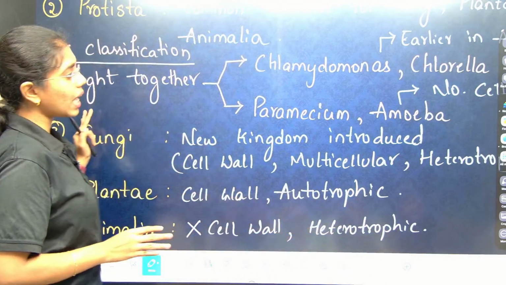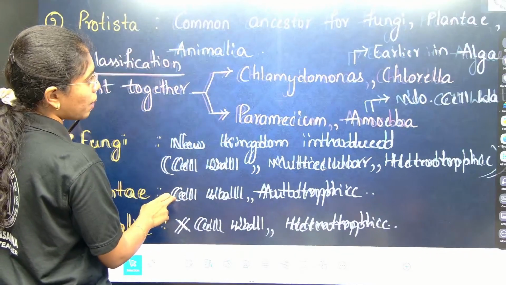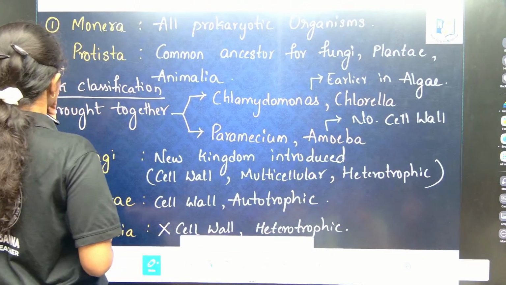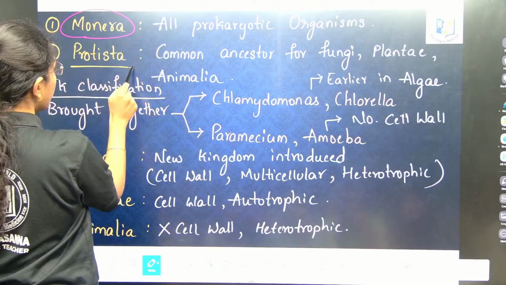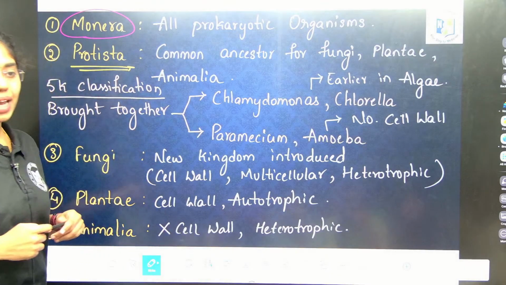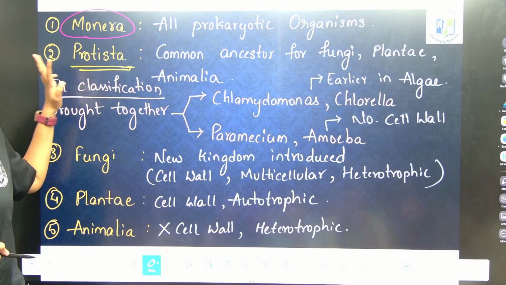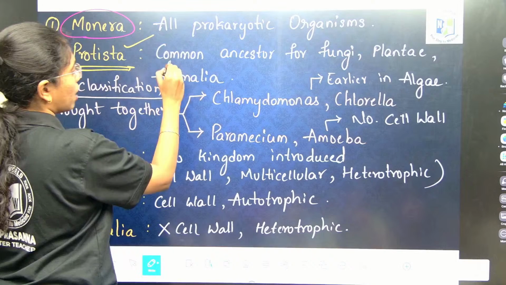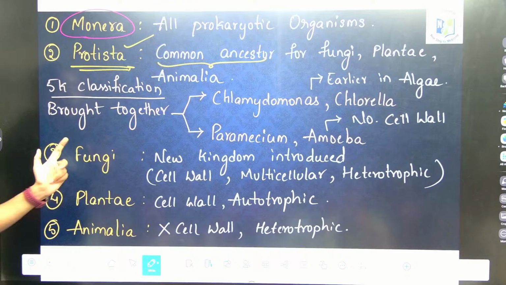Now, as they are classified properly in 5 kingdom system of classification, it is compared properly and highlighted. See here. In Monera, if you see, all prokaryotes are there. Protista, which is a common ancestor. Which kingdom is the common ancestor for fungi, Plantae and Animalia? Protista is the common ancestor for fungi, Plantae and Animalia. 5 kingdom system of classification has brought together